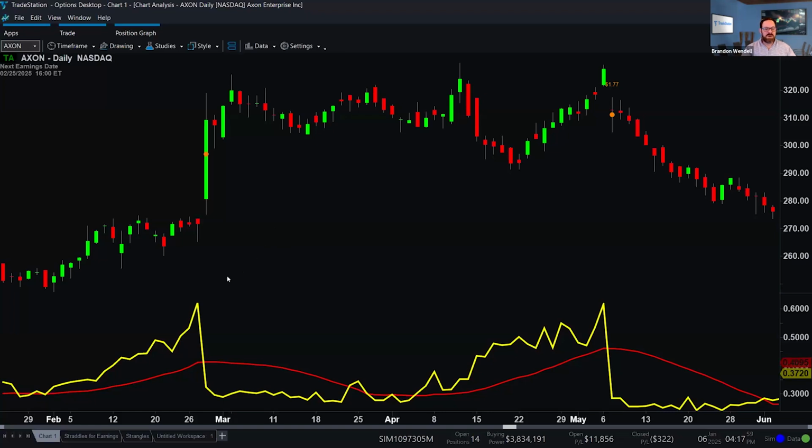Now, one of the other things that you might notice is what's happening with volatility. Volatility spikes and then completely collapses after the earnings. Volatility is also known as investor fear gauge. Investors fear what they don't know. And what they don't know is if earnings are going to be good or bad. They don't know if there's going to be a small or a large move. They don't know if it's going to be up or down.